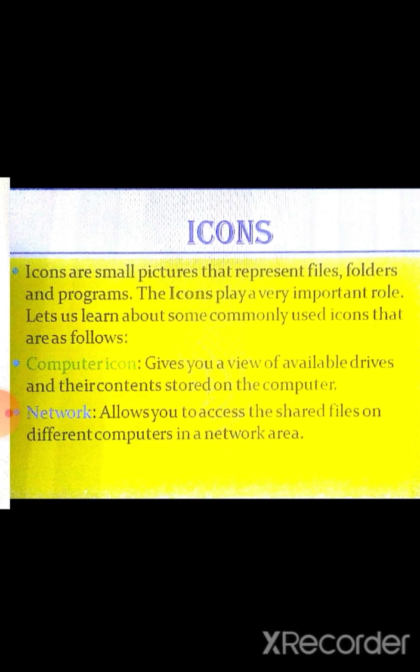Similarly, there are many application icons such as PowerPoint presentation icon, Microsoft Excel, all these application icons you can find in Microsoft Office.